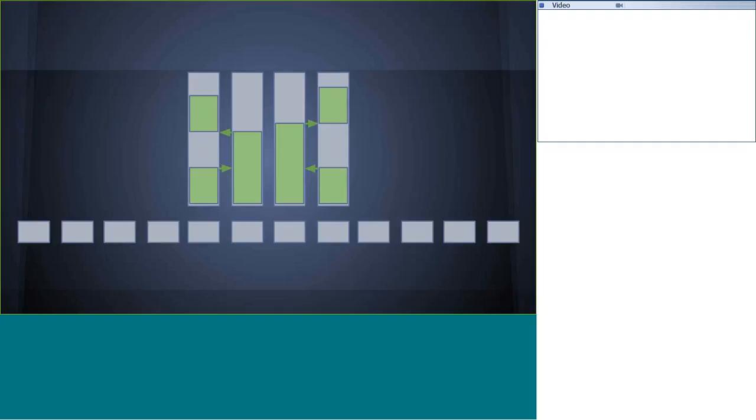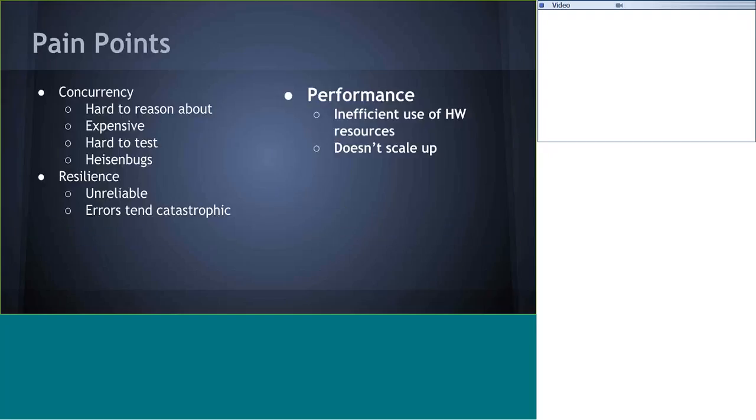And then the other way too: you have all these thread pools configured a certain way, and let's say you deployed it on a system. The way CPUs are going right now, they just have more and more cores. Let's say in a certain amount of time, you deploy on a machine that has 1,000 cores. Is your system going to dynamically adjust to that new resource? Is it going to use those CPUs? Probably not. So the pain points here are that it makes inefficient use of hardware resources, and it doesn't scale up. And when I say scale up, that means within a single machine, right? A single machine with 1,000 cores is not going to make use of those without a lot of fiddling.